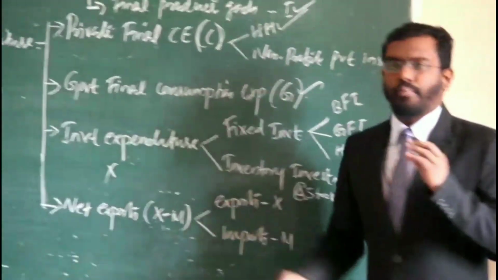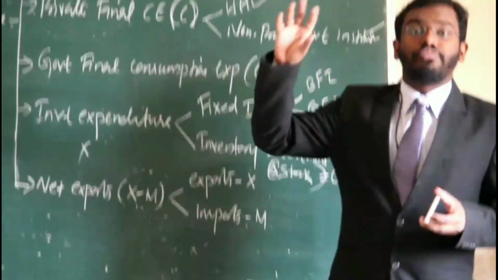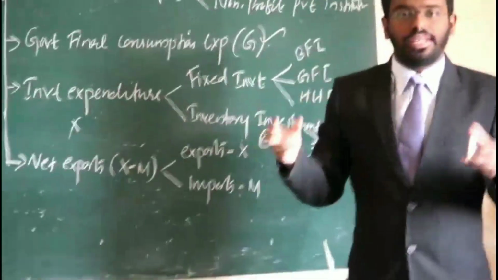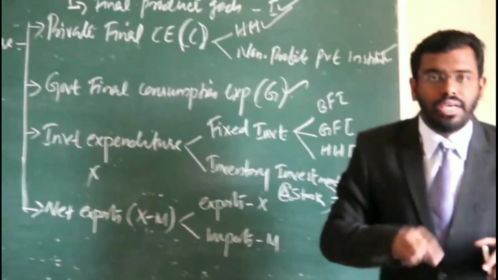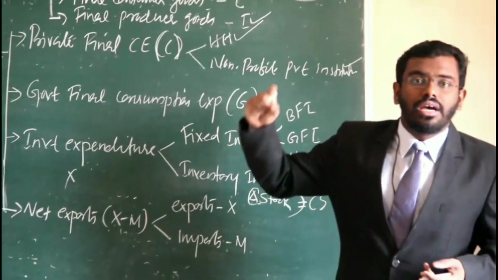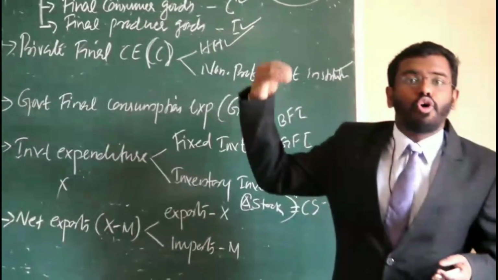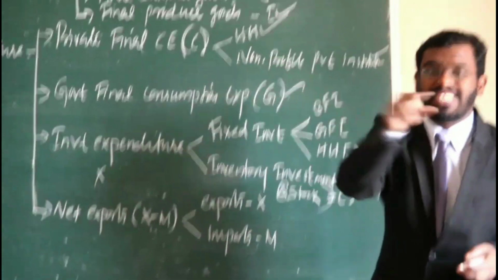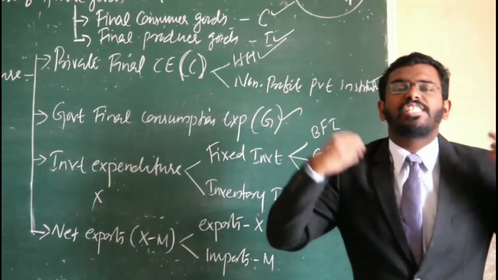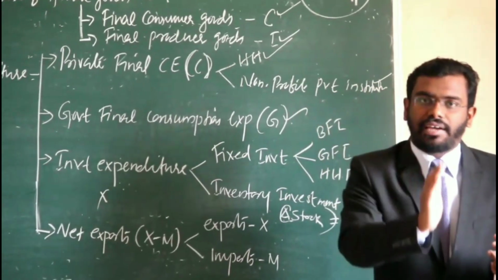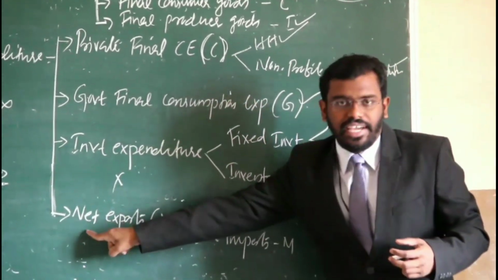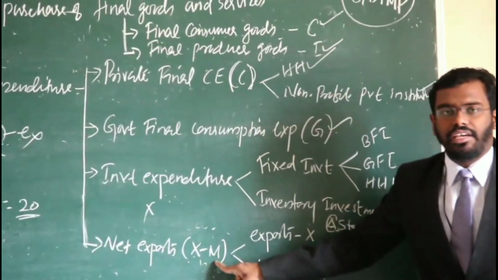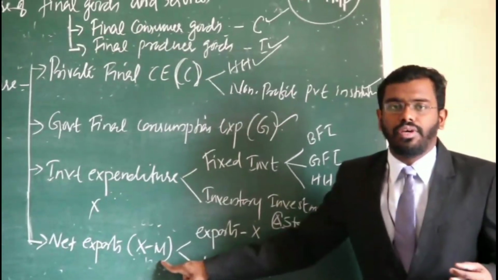At the same time, import means we are consuming foreigners' commodity. We are demanding a commodity which is produced by a foreign country, so it will not be included in our GDP, because that commodity is produced in the rest of the world, in a foreign country, so that will be considered in their GDP. Okay, so we need to subtract import. How much money we are spending, that we need to subtract. So that's why we get net export. Net export means export minus import. X is export and M is import.